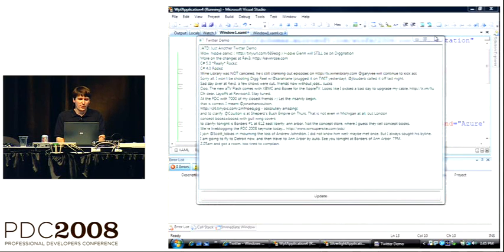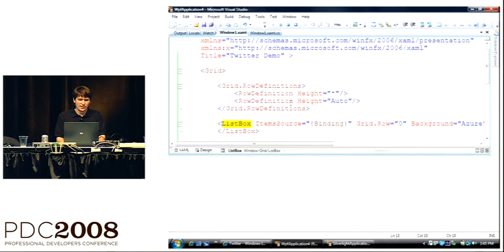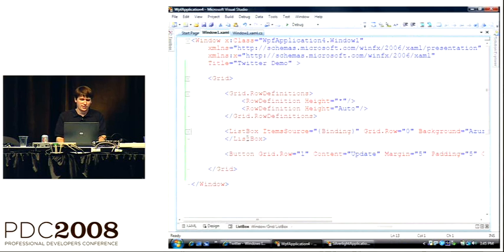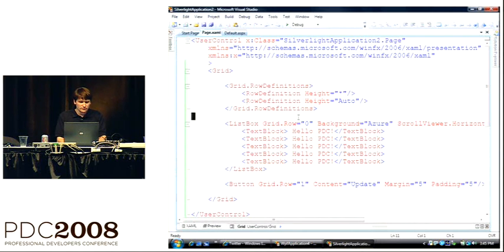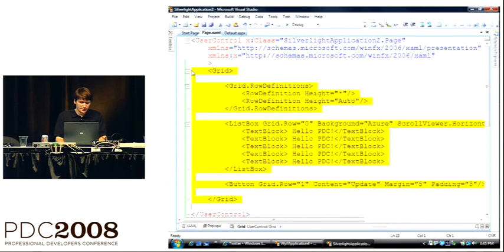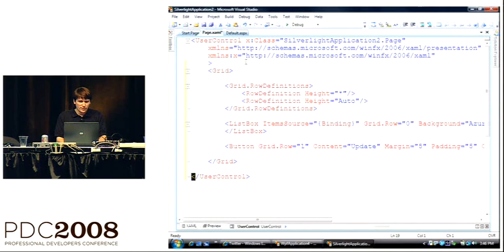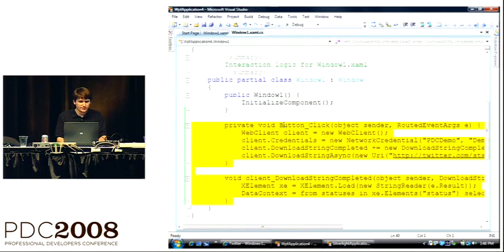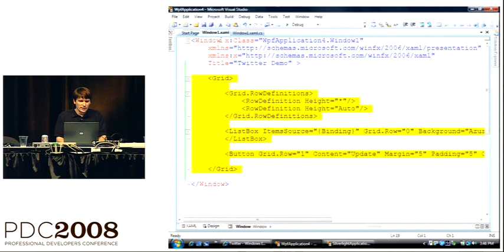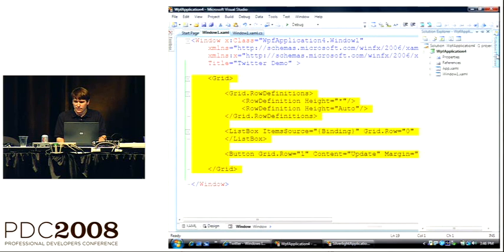So now I want to copy this business logic over to the Silverlight version just to see what happens. So I'm gonna be lazy and just take the whole UI. Do the whole same thing on here. So I'm just going to replace the grid. So now I've got the UI the same. Let's take the business logic. So I can take my button click, my download string, and where's my